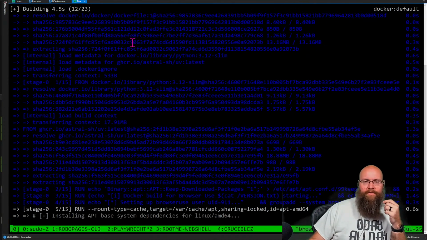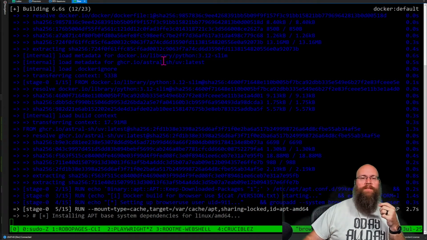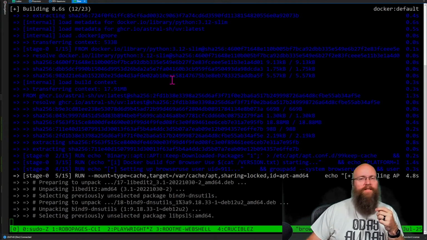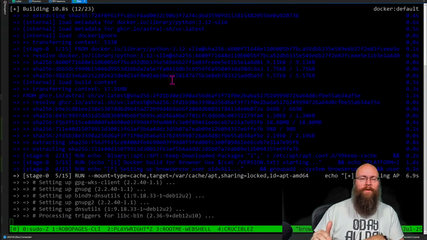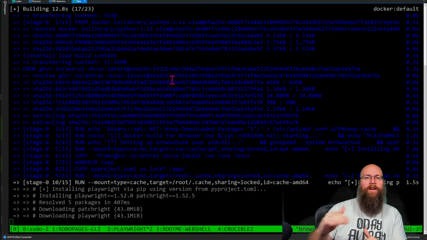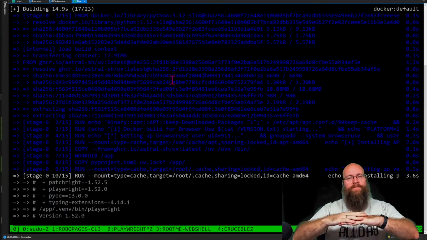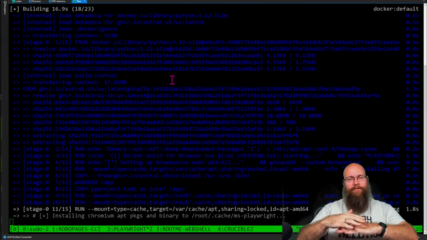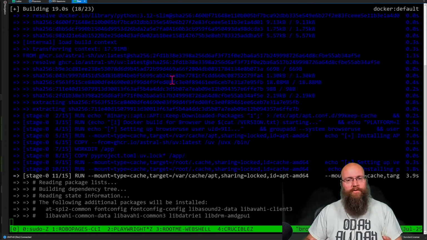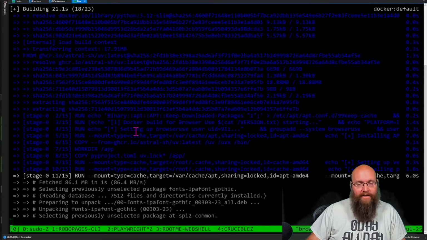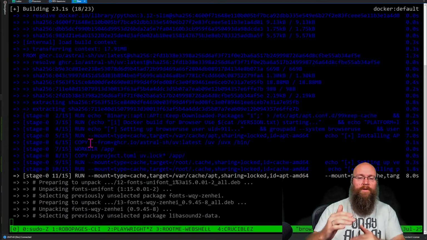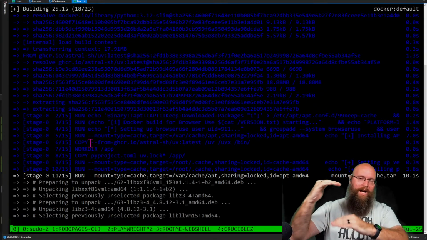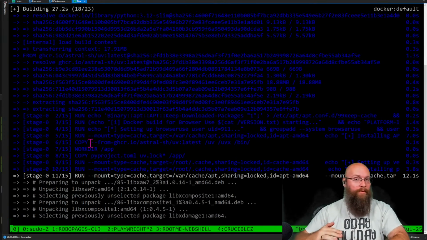Now it's doing it. Notice how before it was just zipping through this? It's because essentially every line that executes in a Dockerfile is considered a layer. It layers them all, compresses them down in a diffing fashion, and then builds the final image for you to use. So you can cache these layers. If you change something, you want to put stuff that's more static at the top of your Dockerfile, then have the variable stuff at the end.